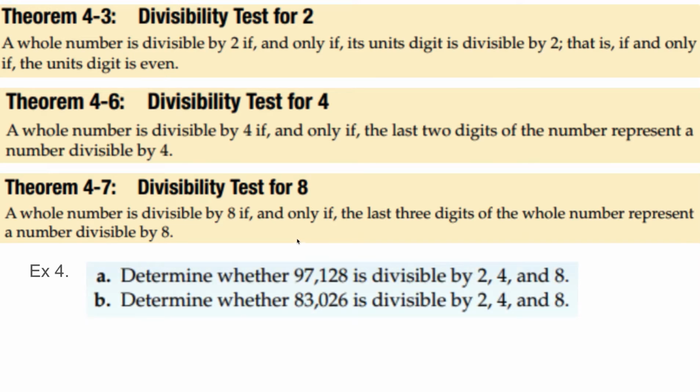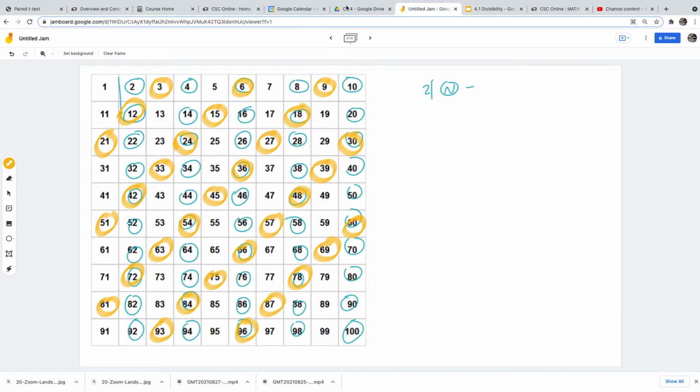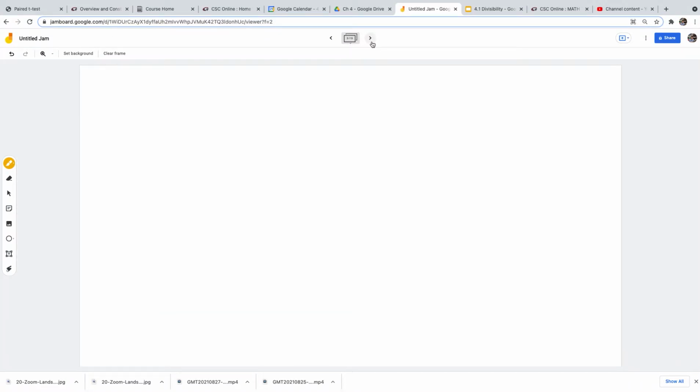Okay, so here are some examples. Determine whether 97,128 is divisible by 2, 4, and 8. And I also want you to look at 83,026, whether it is divisible by 2, 4, 8. While I go to Jamboard, I want you to check the divisibility of those two numbers. So we have these two numbers, 97,128 and